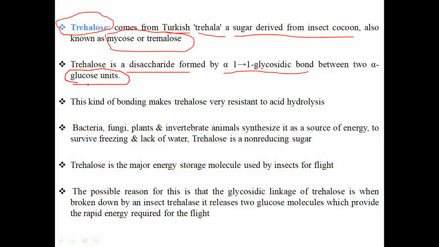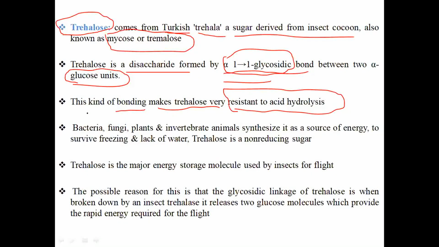So trehalose is also formed between two glucose molecules, but the difference is that in trehalose the glycosidic linkage is an alpha 1,1 glycosidic linkage. This is a very unique linkage, and this kind of bonding makes trehalose very resistant to acid hydrolysis. So it is a very resistant disaccharide molecule. Bacteria, fungi, plants, and invertebrates, some insects and animals synthesize it as a source of energy to survive freezing and lack of water. Also, trehalose is a non-reducing sugar